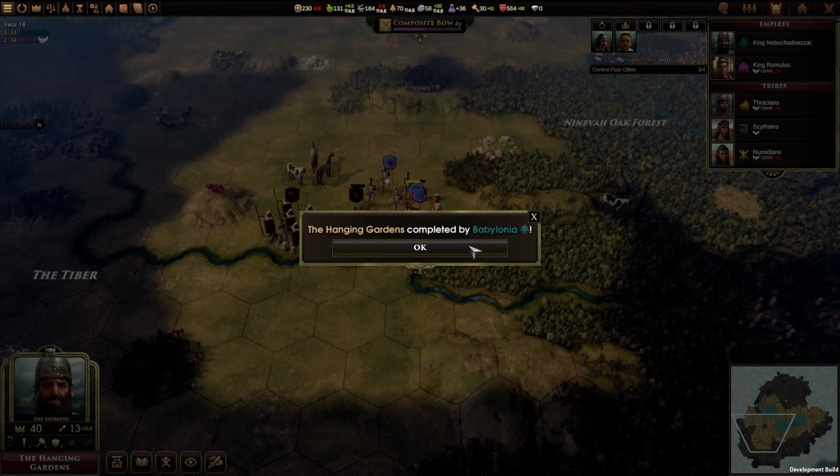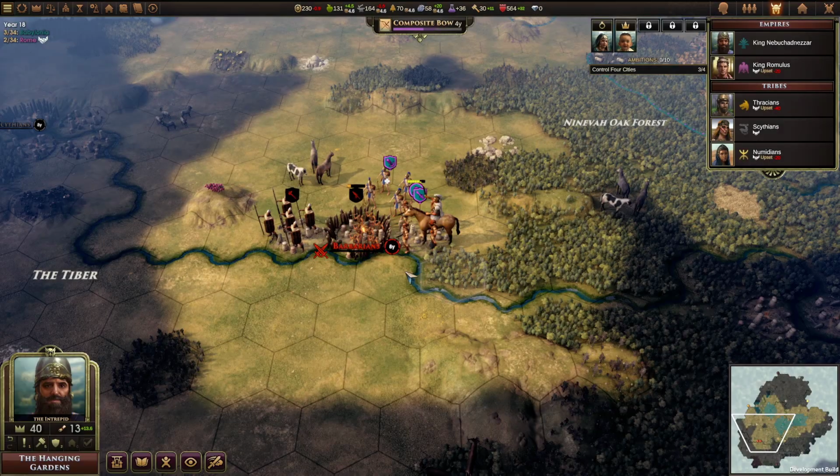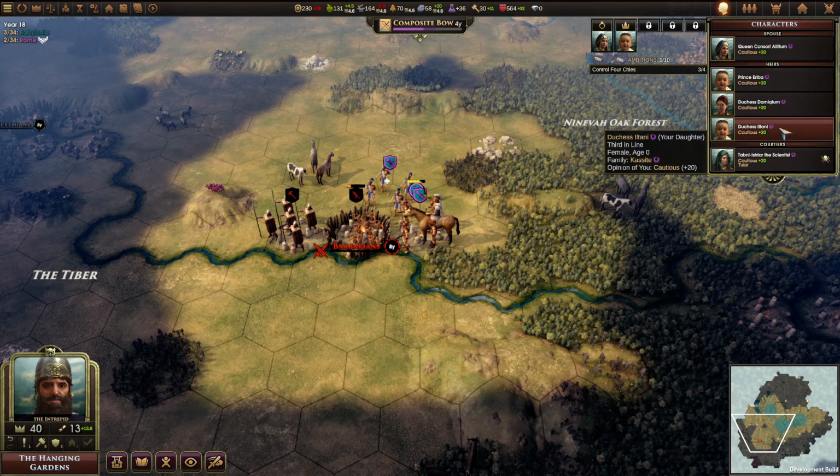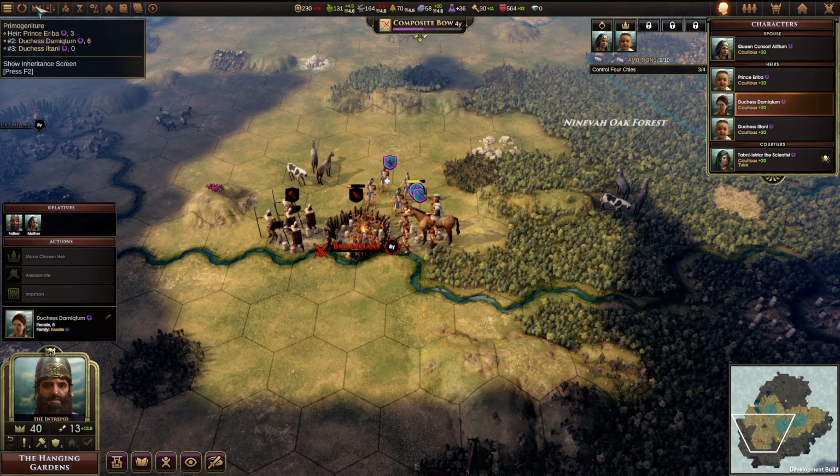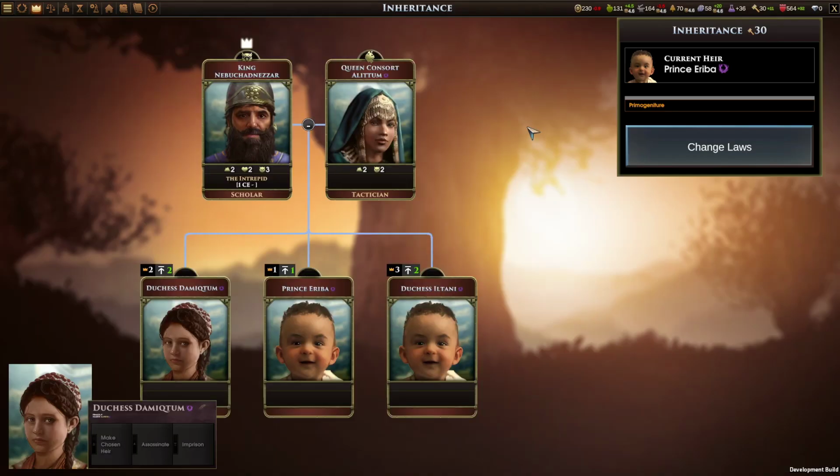Hanging Gardens complete in Babylonia. Excellent. Your wife has given birth to Iltani. New baby girl. So we can actually look at our family by clicking there, and they're all listed right here. Duchess Iltani and Duchess Demicum. That's the older one, but with the inheritance laws, which are primogeniture, right now we have the inheritance law where the oldest child inherits, but oldest child that is...